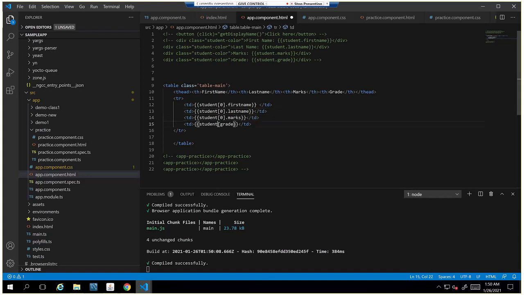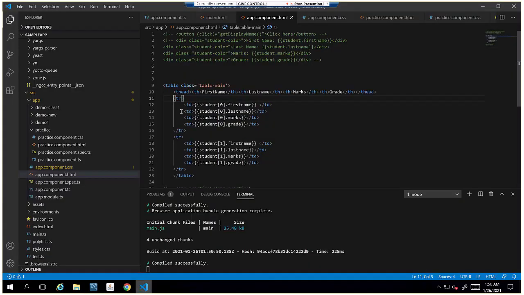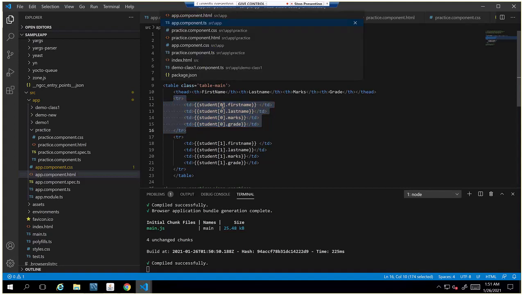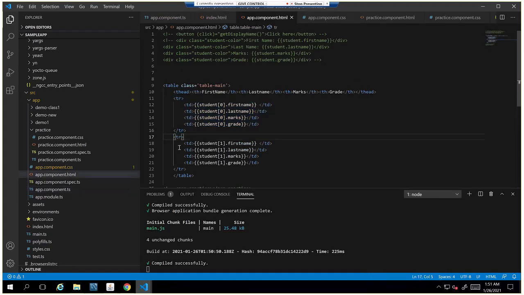So for time being, just treat this as one loop, and I'll copy the same thing and paste here, and I'll change this index to 1 as we have 2 students. It printed two objects. So in actual, I just printed the first row with 0th student detail. 0th student is Srinivas, and the first row is Ganesh.